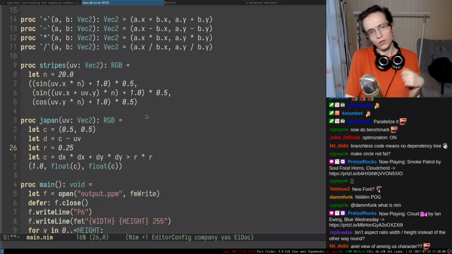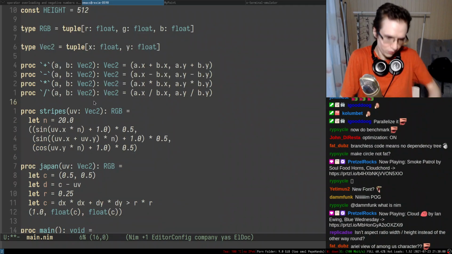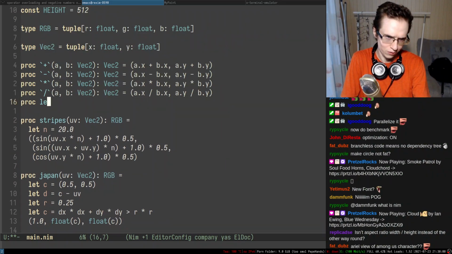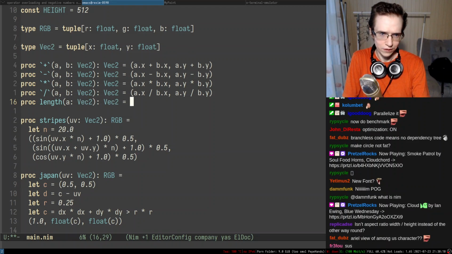And for the vector, we can also define something like length, right? So it's going to be length, which is essentially, all right, so this is a vector2, so it's going to be x plus y, and we can take the square root of this entire thing. I suppose it has to be float. Yeah, length has to be float, unfortunately.